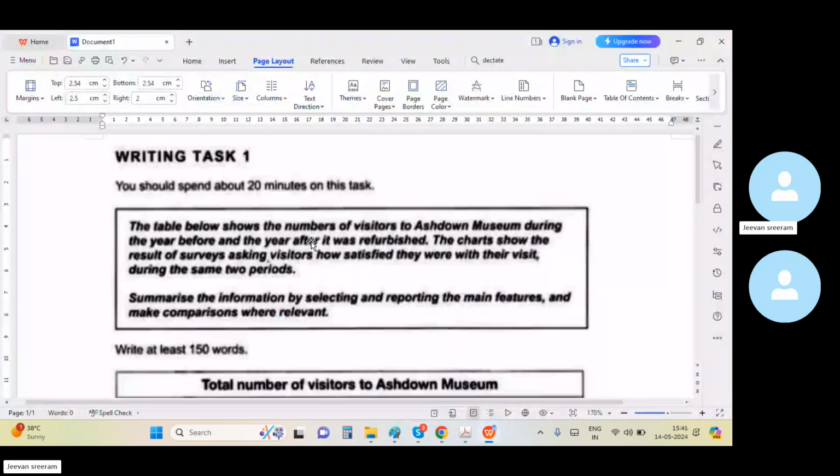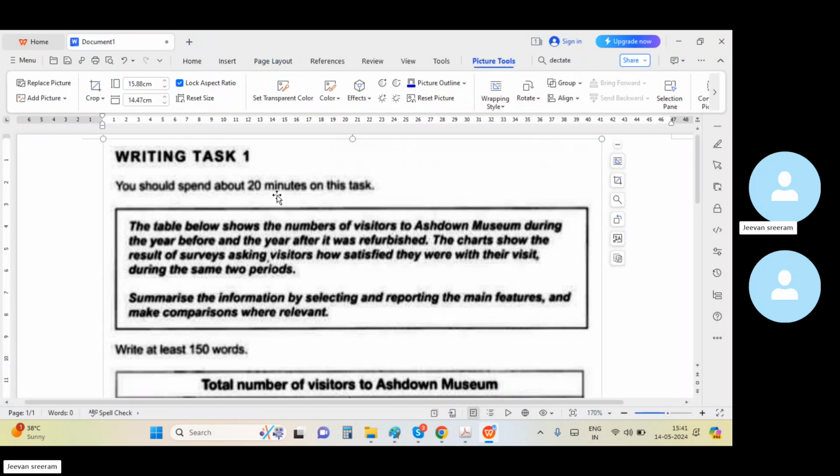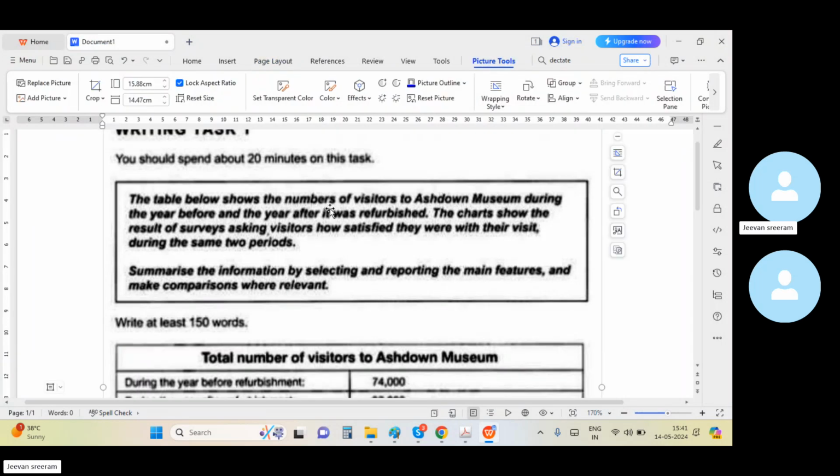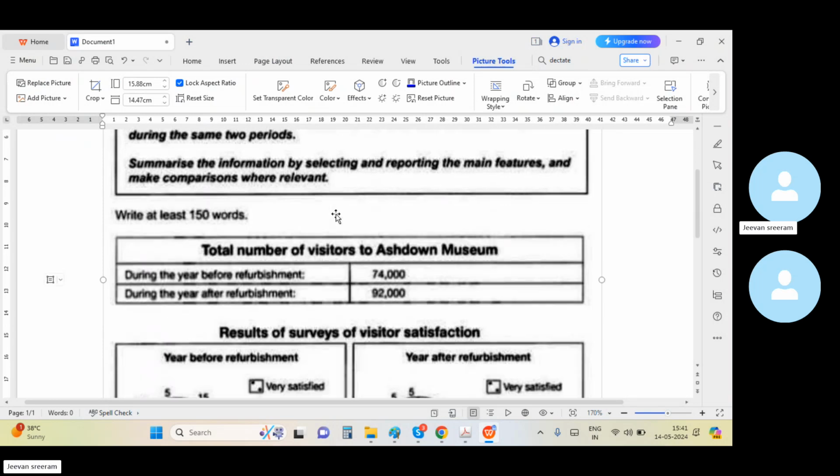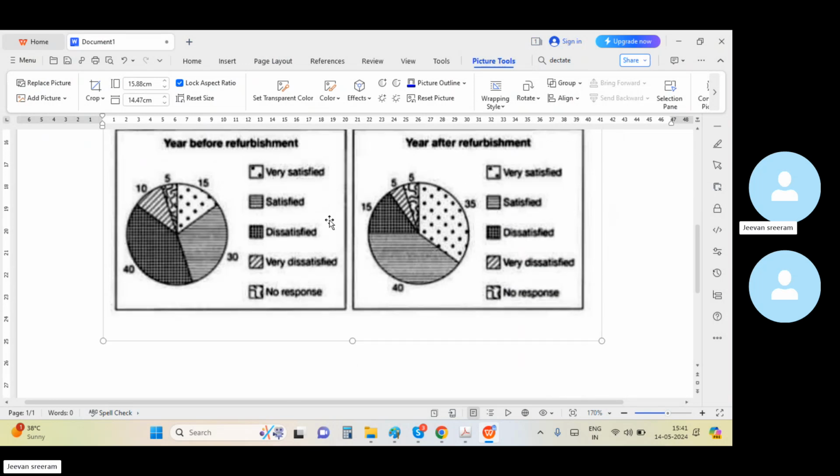So now let's write the response for this. It has been mentioned you should spend 20 minutes. It is just a suggested time. As the timer starts from 60 minutes on screen, you can even start writing task 2 first. Allocate 40 to 45 minutes on it. The remaining 15 or 20 minutes can be allocated for writing task 1. Okay, that's absolutely the student's choice. Okay, right. The first one,